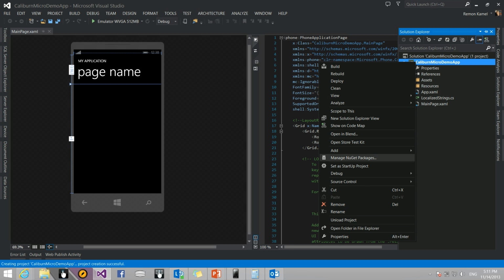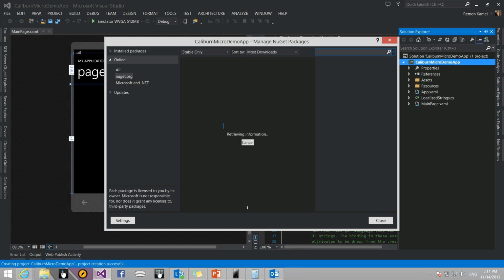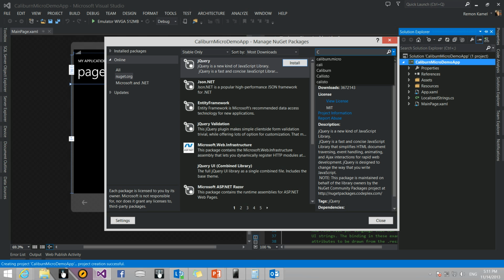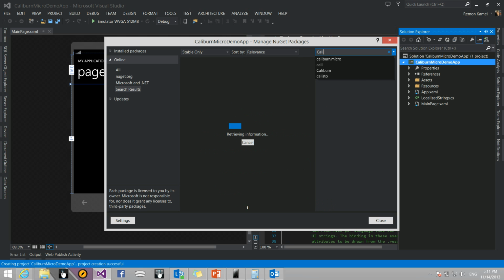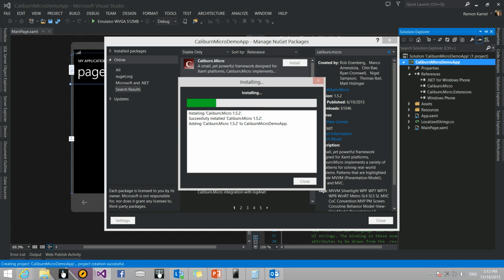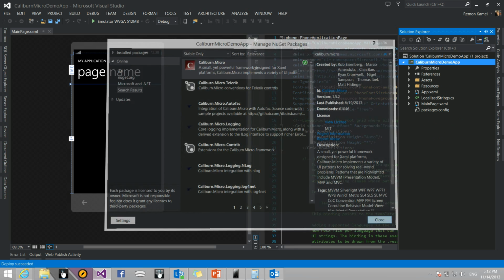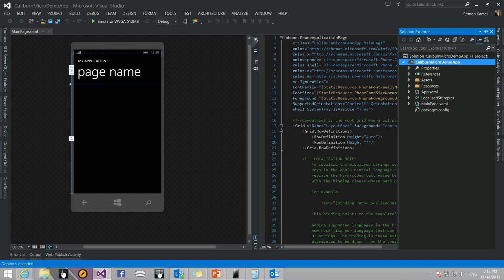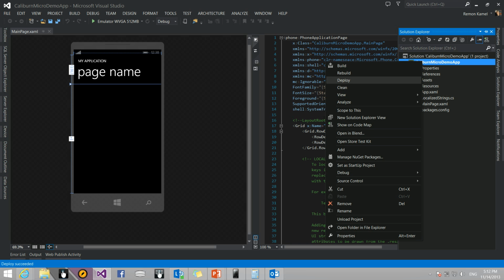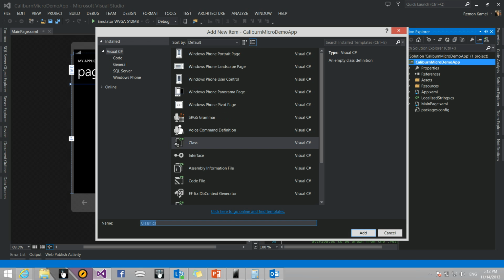I'll go to Manage NuGet Packages, and I will be searching for a package called Caliburn.Micro. See, it's already there. I'll just install, and it's in my application now as a reference. So the next step is I will be adding a class that is called the Bootstrapper, which is the Bootstrapper for Caliburn.Micro. And what it does is that it takes care of everything that